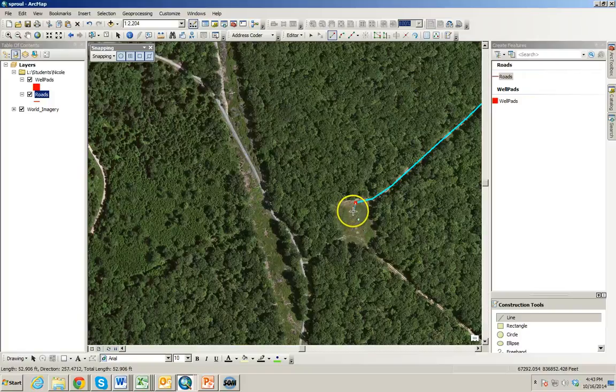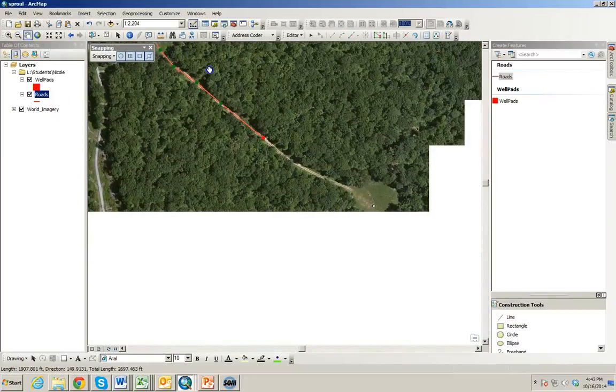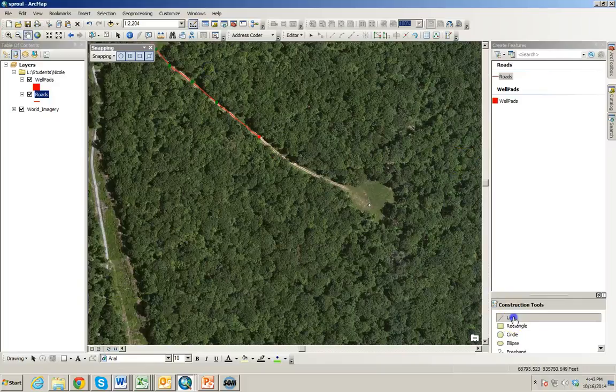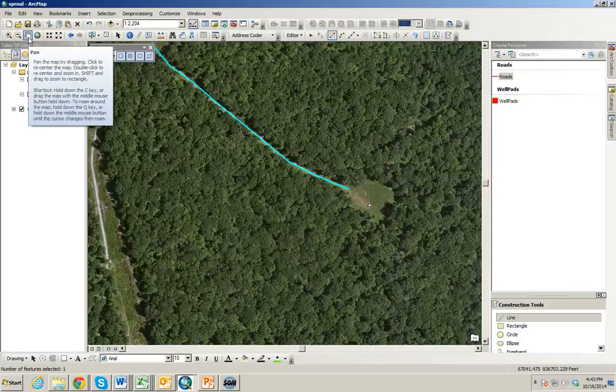So again, I'm just going to kind of click wherever I want a vertex. And I'm going to hit my pan tool and pan, and then go back and grab my line. And then when I'm finished digitizing that line, I double click to end it. And now that's a new feature. And essentially, I would just continue on doing this until I digitize all the roads